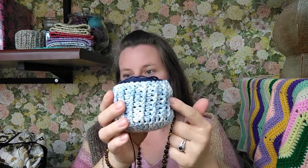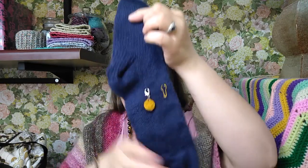My second WIP is my husband's socks. And I'm also keeping my yarn in my 50-gram yarn cake cozy. This one is made from double knit Moya cotton. I think the colorway is Tanzanite. And in my previous episode, I was actually past the heel flap,